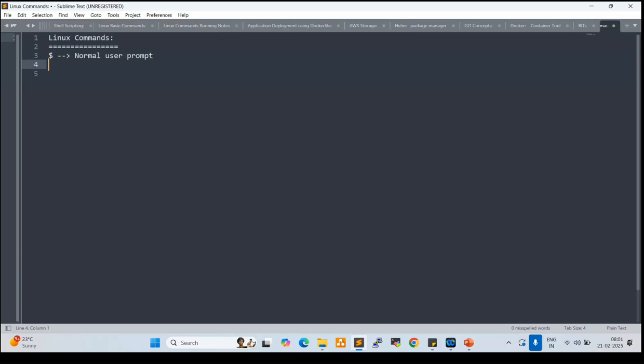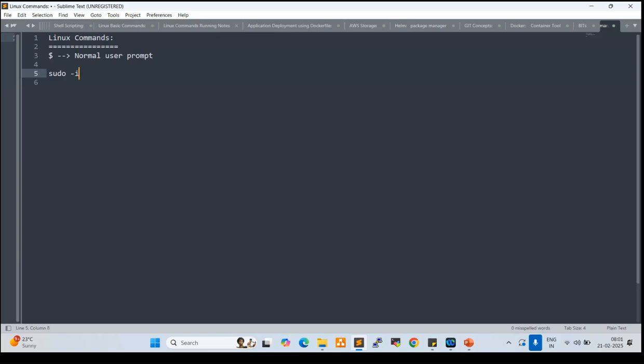In the dollar prompt, every time we need to use the sudo command. If you want to perform any major activities, it will not be allowed because the normal dollar prompt has minimal permissions. That is why we need to switch to the root prompt. How?